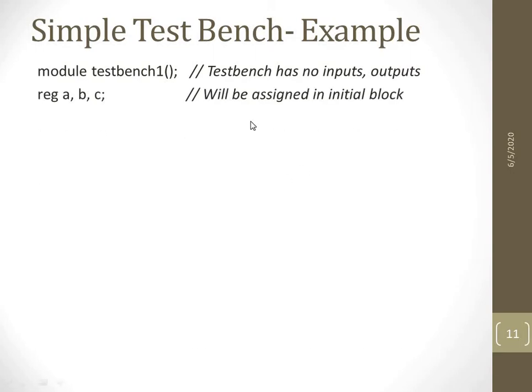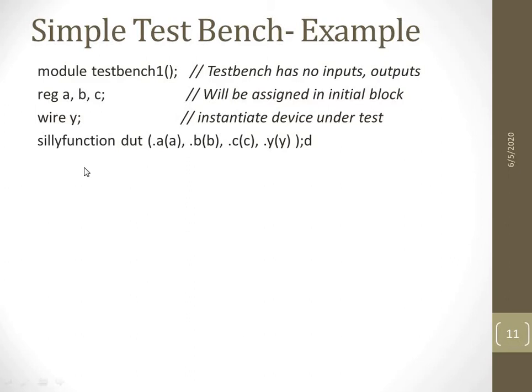Since I have empty ports but I have to pass the inputs, those inputs and outputs which I am going to pass and check are treated as reg type. So you know, the nets are nothing but the wires which are generated internally. They are called signals. So they are declared as reg A, B, C, and I am taking a wire Y. So a simple function I have taken, a silly function.